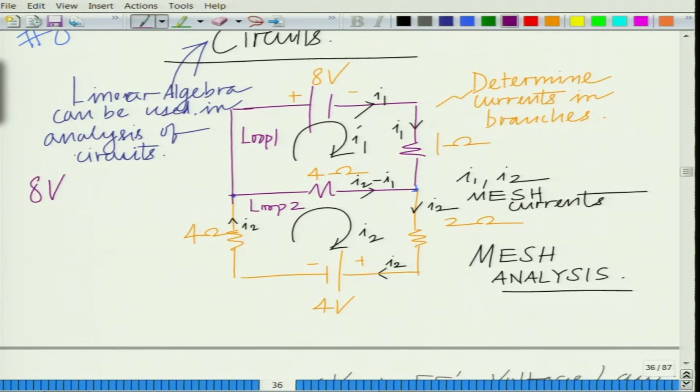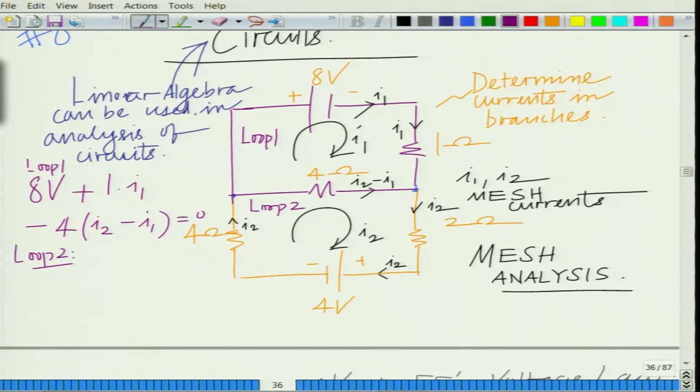So, there is an 8 volt drop plus resistance 1 ohm, I 1 ohm times the current I 1 in the direction of the current, and then you have minus, because now in the 4 ohm we are going opposite direction of the current. So, drop will be minus 4 times I 2 minus I 1 equals 0. So, this is basically your loop 1, and if you look at loop 2, once again starting with the 4